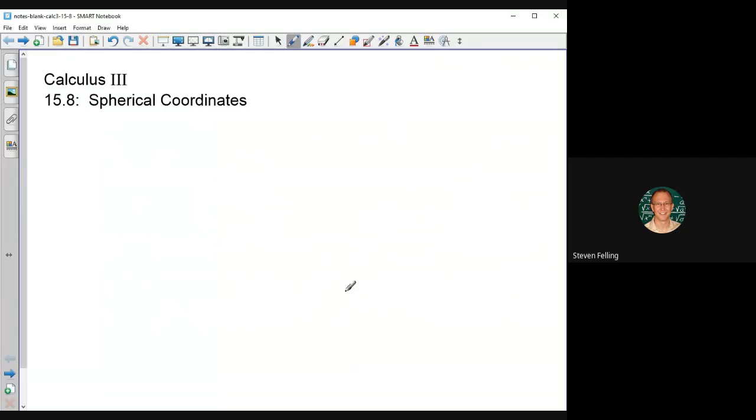Okay, this is going to be the video for Calc 3, section 15.8 on spherical coordinates. This is the last section in chapter 15. And this is just another coordinate system that's convenient to use whenever you have spheres and certain kinds of conical